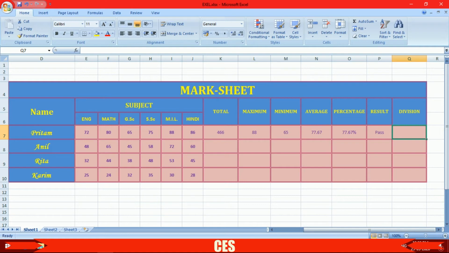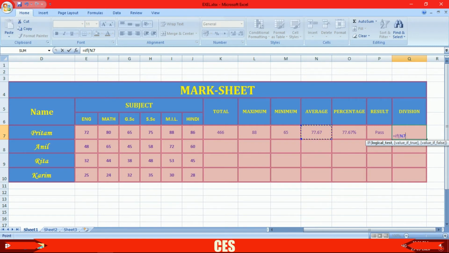To calculate division, we should also use the if formula. So here the formula will be equal, then if, now bracket open, and now select the average marks.